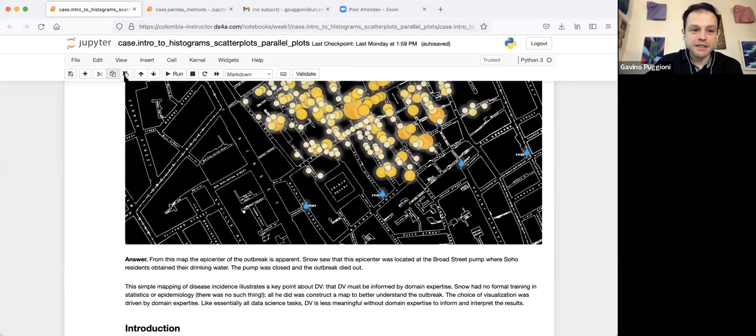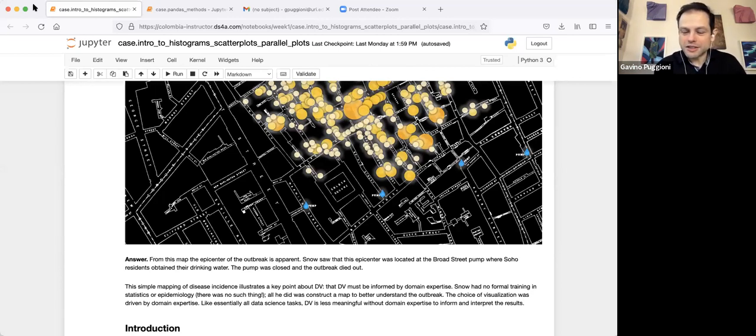So from this map, the epicenter of the outbreak is clear. John Snow saw that this epicenter was located at the Broad Street pump, where Soho residents obtained their drinking water. So they were getting water that was contaminated with cholera. And the pump was closed and the outbreak eventually died out. So they were immediately able, from using data visualization. Can you imagine at the time, without having the instruments that we have today, this doctor was able to produce a map that identified, okay, this is where most of the cases are, so we should close this pump, and the outbreak of cholera